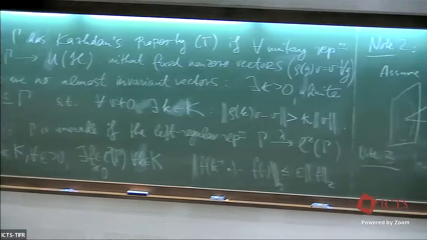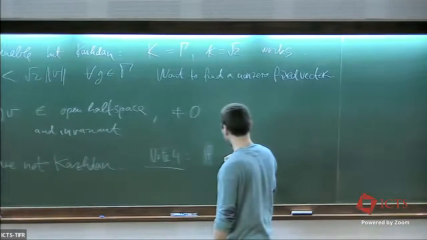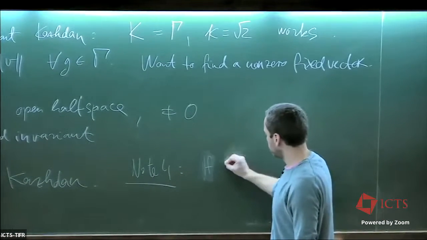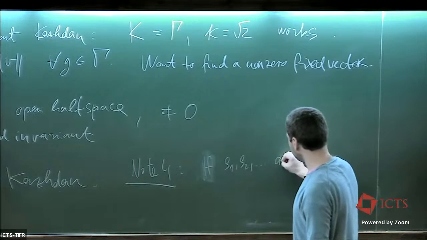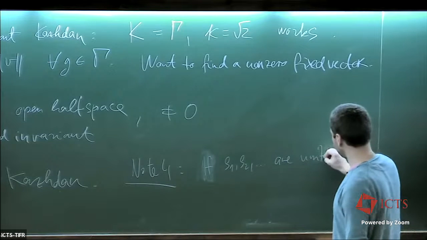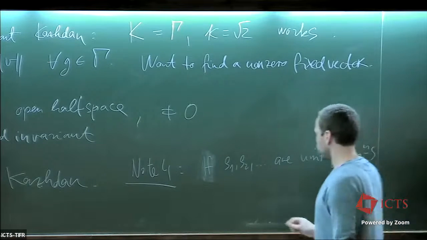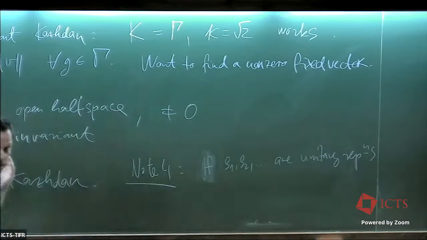Because if you have rho 1, rho 2, and so on, unitary representations with their own kappas,